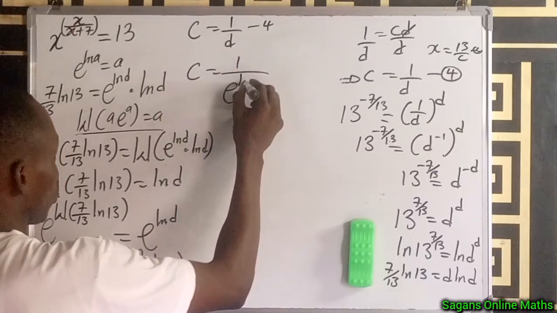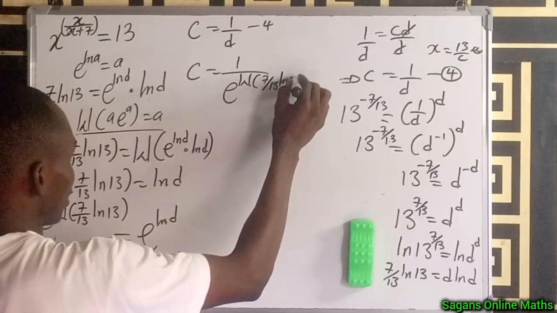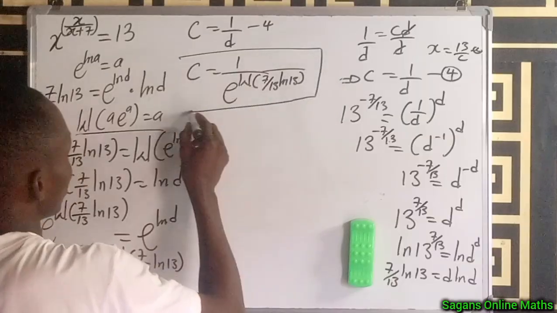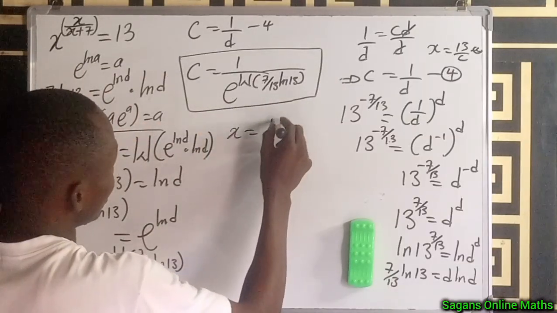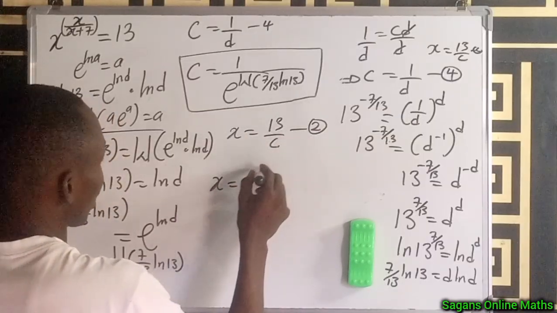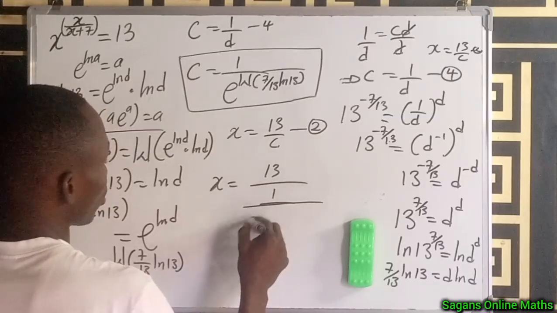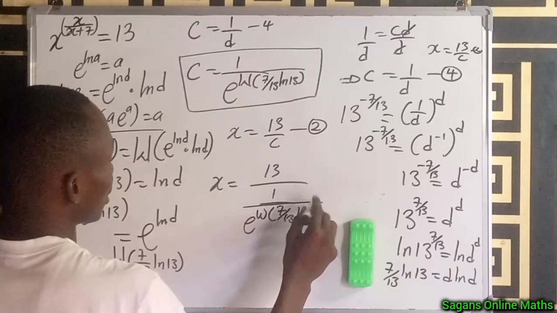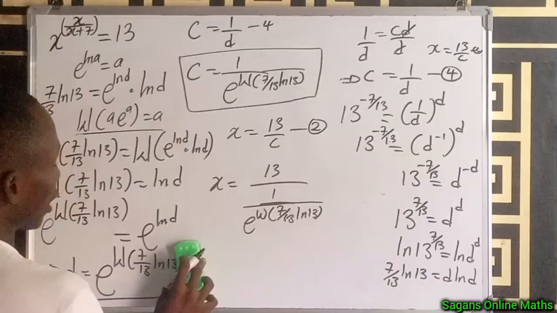e to the power of ln of 7 divided by 13 ln 13. Now I've gotten the value of c. And we know from equation 2 that our x is equal to 13 divided by c. So it means our x will be equal to 13 divided by 1 over e to the power of ln of 7 over 13 ln 13. Now this is x, but I can simplify it further as